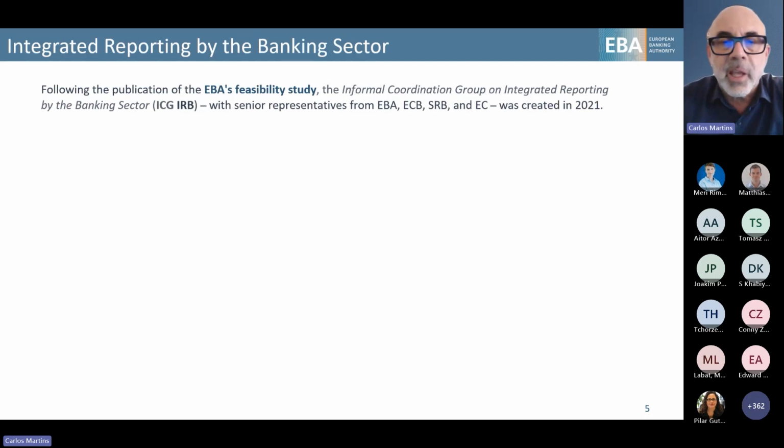Following that publication, the information coordination group on integrated reporting by the banking sector, long name, ECB IRB, was created in 2021, and there are representatives from the EBA, from the ECB, from the SRB, and from the Commission. So this group has a mandate,